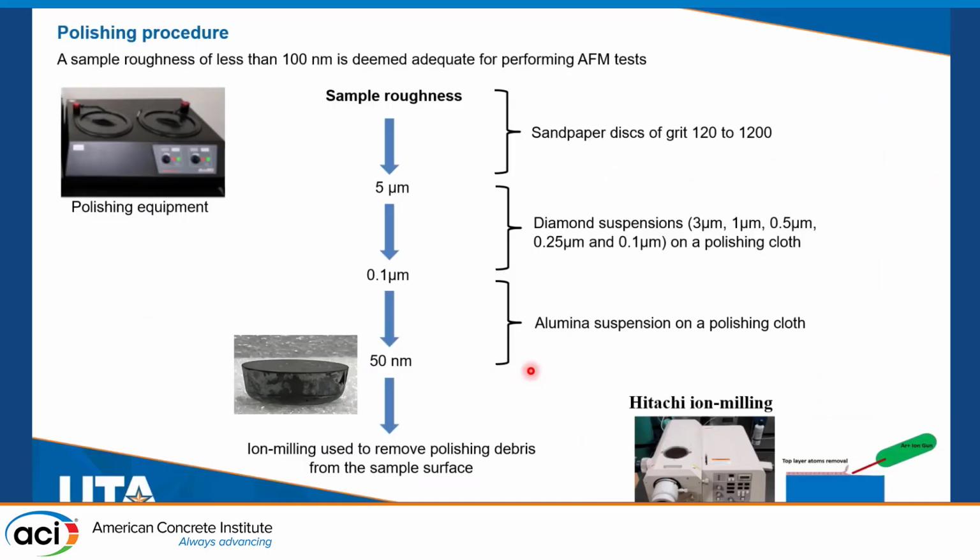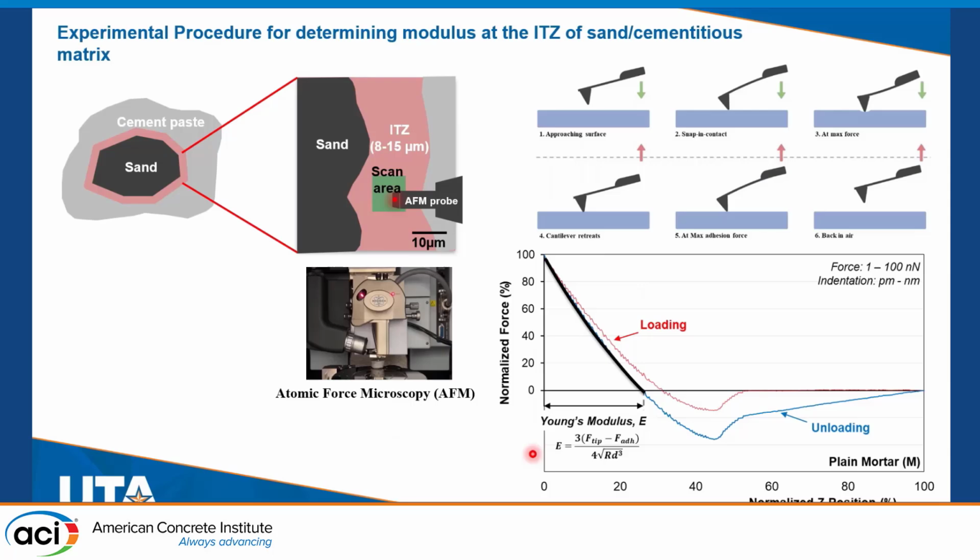Now, to investigate the ITZ, we have to go down to microscale. We have to use atomic force microscopy, and a sample which is considered adequate enough to be tested with AFM should have a very fine surface roughness. It should not have roughness higher than 100 nanometers, preferably. So we adopted a very extensive polishing procedure listed here. Towards the end, we used ion milling to remove the surface polishing debris. And once we made sure that the surface roughness was well within 100 nanometers, we brought the AFM tip close